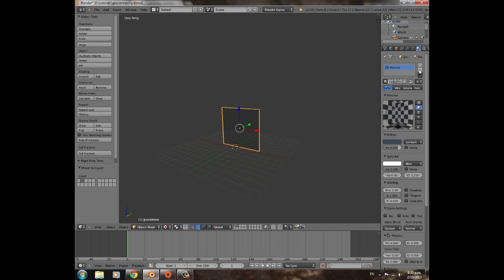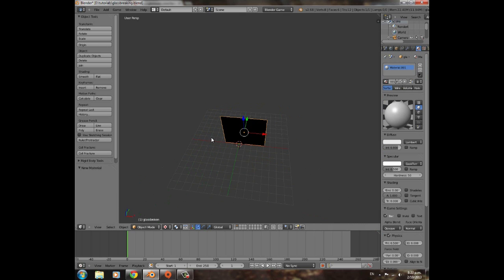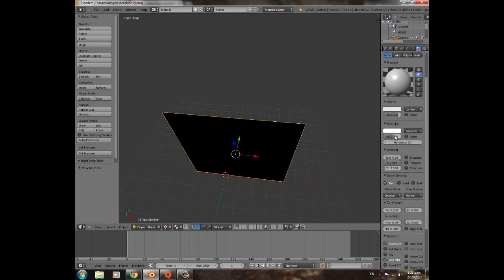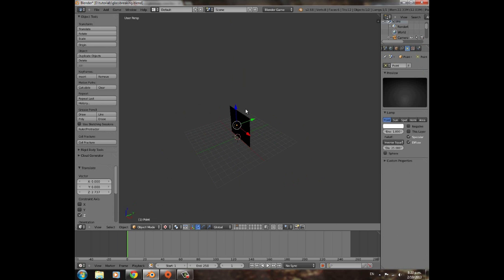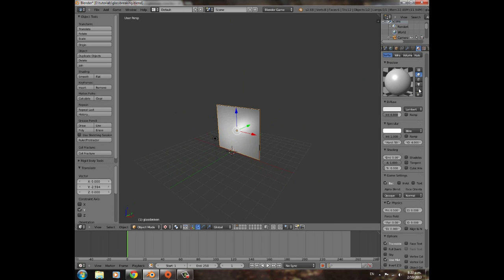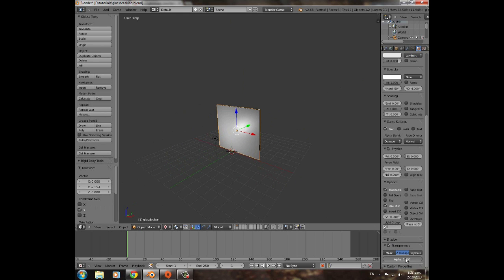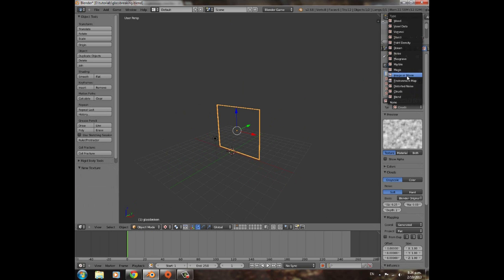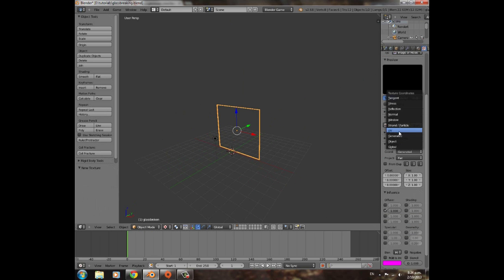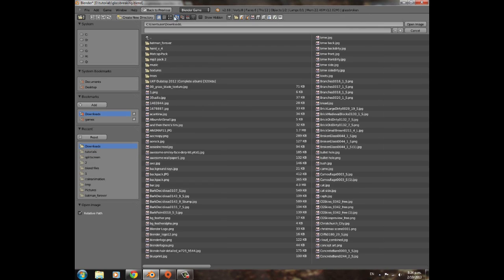We're going to give this new window a new material, so that's going to be blend as well. We'll add in a lamp, and we'll give it some transparency, so actually transparency to 0 for this one. Then a new texture, image or movie, UV, and open up